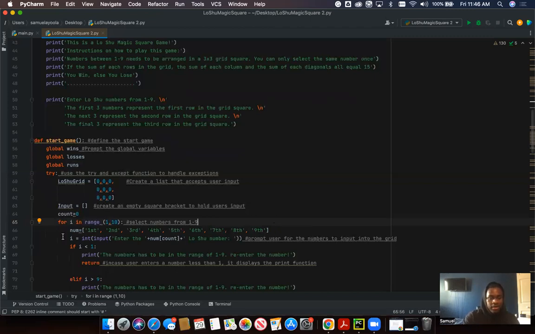And then we have the i variable stored in the input value, which says enter the num count, the number. The num, we just take from the num list, 1st through 9th, and then we have the count. We just keep count of our loop as we go, as we input the numbers. And then it says if i is less than 1,